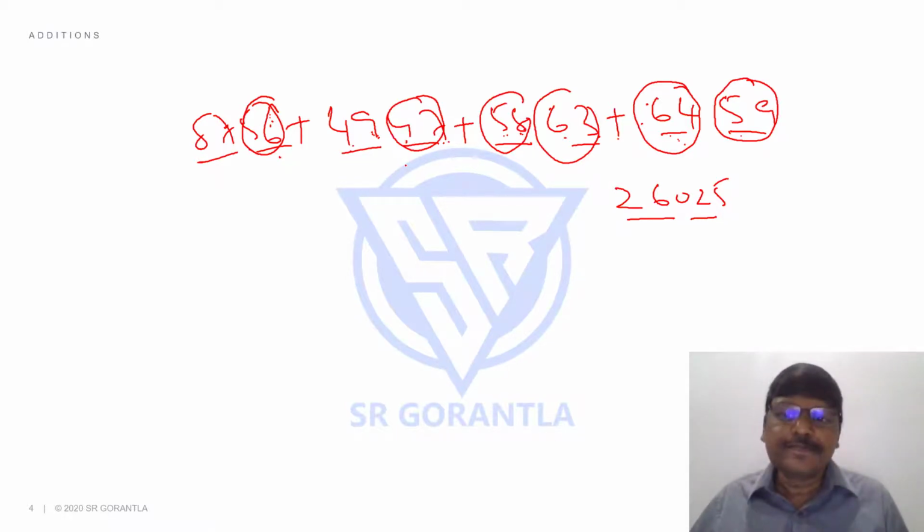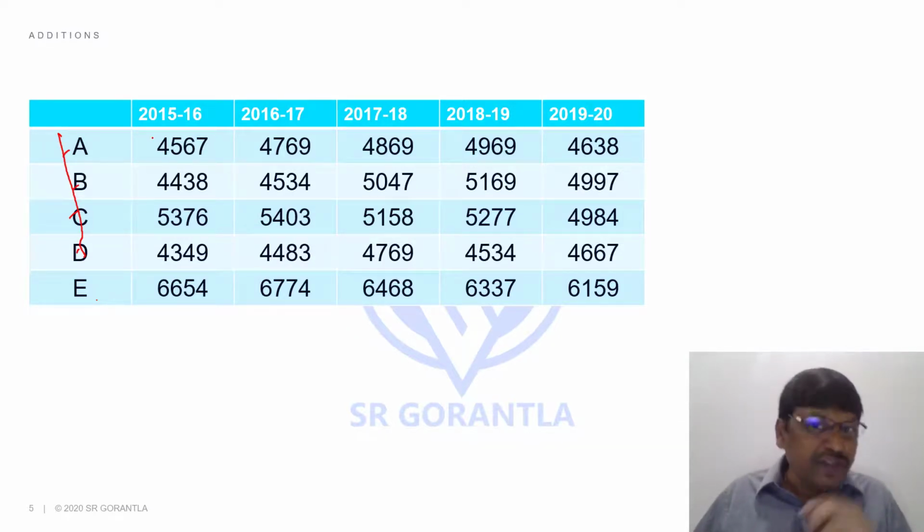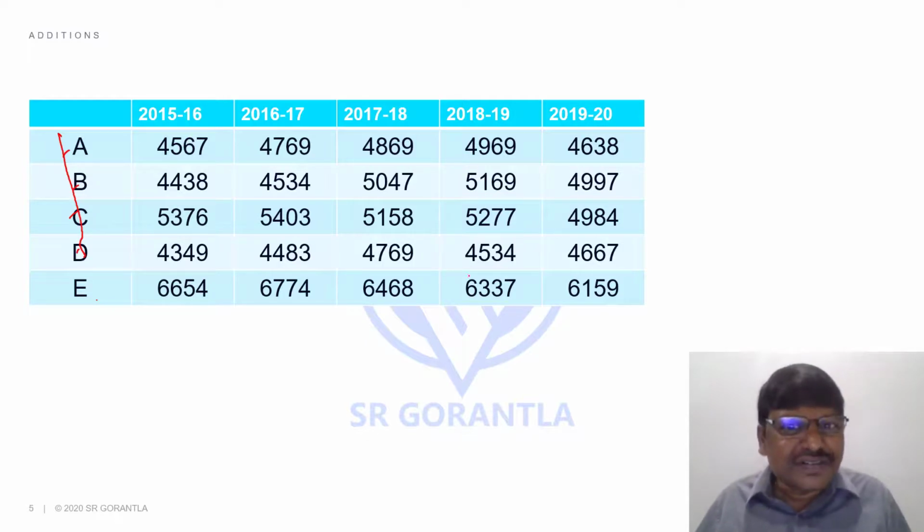Done. So let's take, now see, suppose if you go to DI, you have a table like this, students. If I ask you during the given period, among A, B, C, D, which has got the highest one? E got the highest one, so I'm not comparing E. Among these 4 companies A, B, C, D, whose total is highest for the given period? If there is a question. So what you will do, students, you have to add the 4 rows.